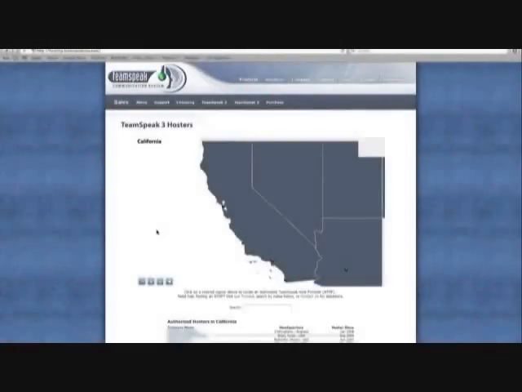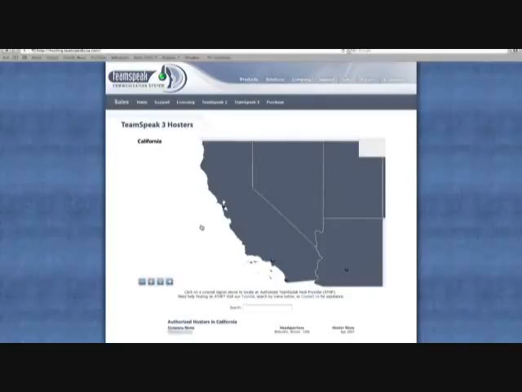Now that we've drilled down into a state and seen the list of authorized hosters, it's interesting to point out that there's another way that you can further filter the list of ATHPs. As you'll notice, there are several blue dots in the state of California. These represent cities where the actual ATHPs have a presence. So that means that if you need an ATHP who can provide service for you in San Francisco, you could simply click on the blue dot, which would filter the list to show you those companies that have actual servers